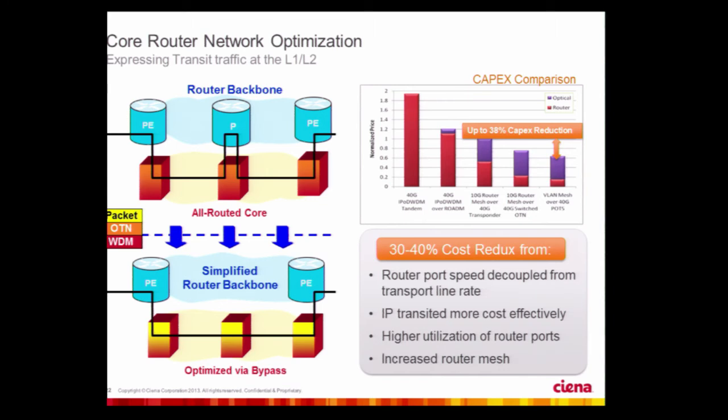Yeah, and this slide just compares that. So you can imagine when you do a router backbone with basically regions in the router for the express traffic, your cost is a lot higher than when you would do expressing of the traffic when it doesn't need to be terminated. And you can reduce the cost by quite a bit, like in this example, by about 38%.